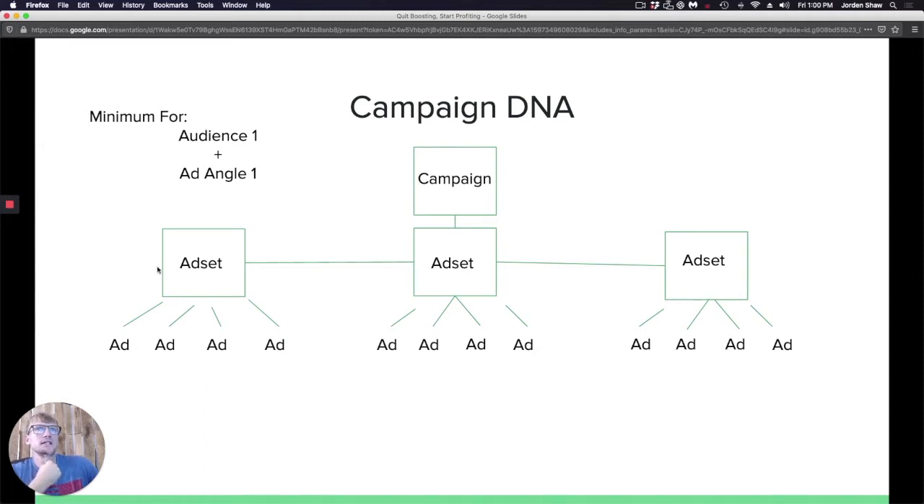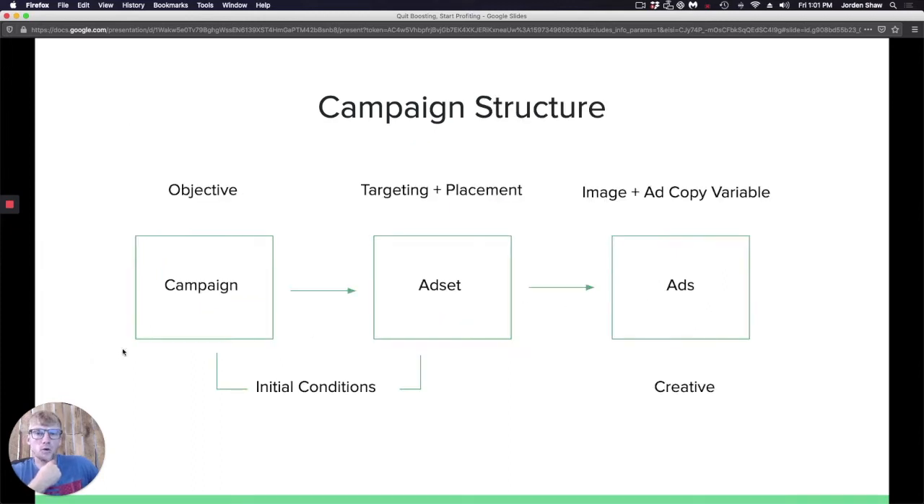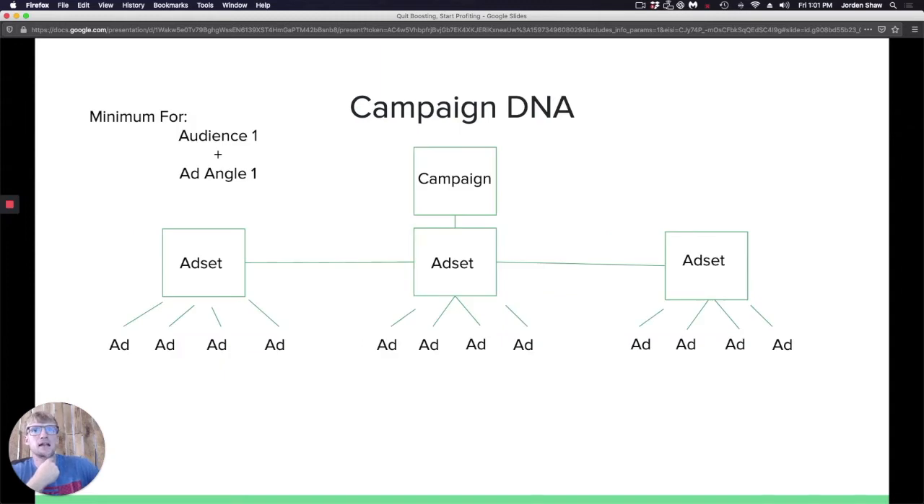Where this gets interesting is when you add angles. Every new angle adds 3 new ad sets. So this is ad image 1, ad image 2, ad image 3, ad image 4. This is the same: ad image 1, ad image 2, ad image 3, ad image 4. Okay? So when you are trying to figure out what audience to run to,